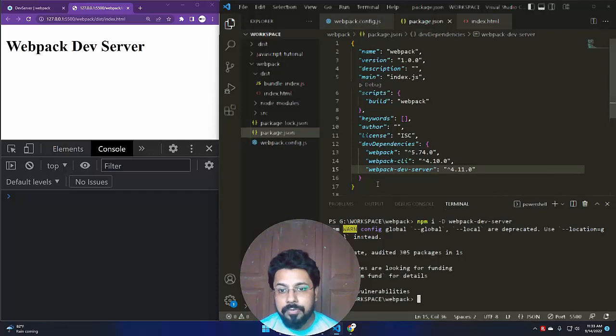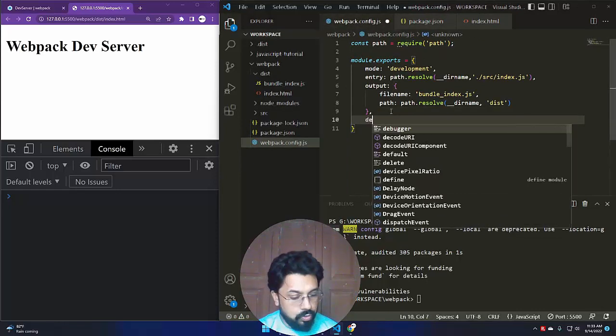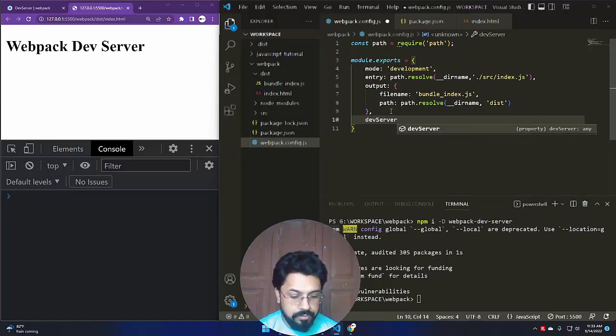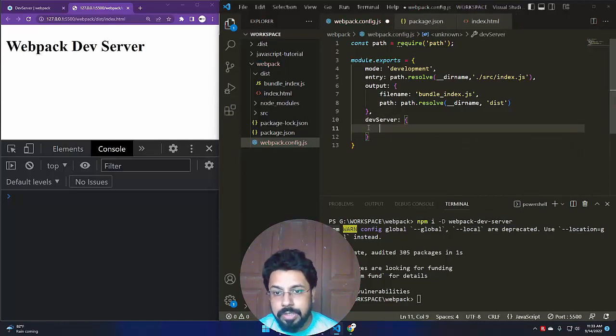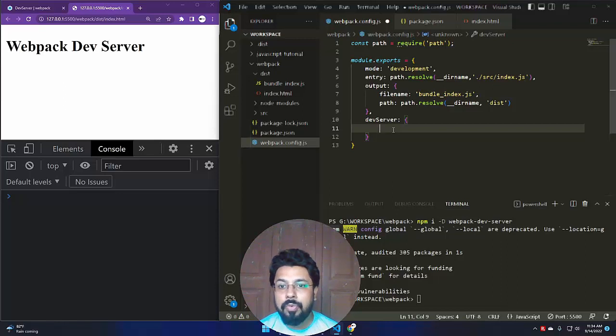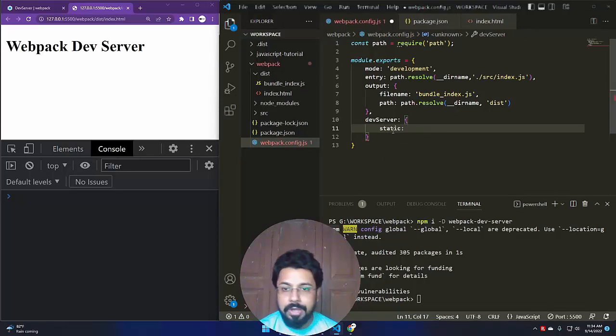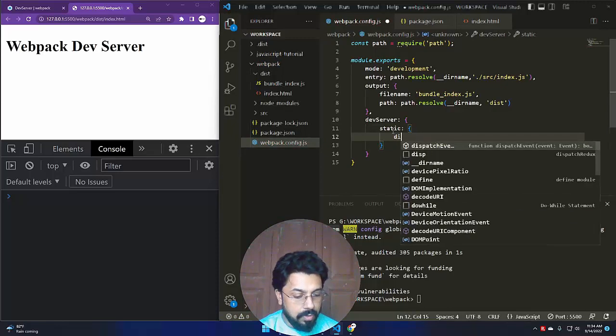After installing Webpack Dev Server, we need to go to webpack.config.js, and there we need to write the devServer object. It will be responsible for running the web server. Next we have to write which static assets, or which static folder or directory, it needs to serve. That is why we are going to write the static object, where we will